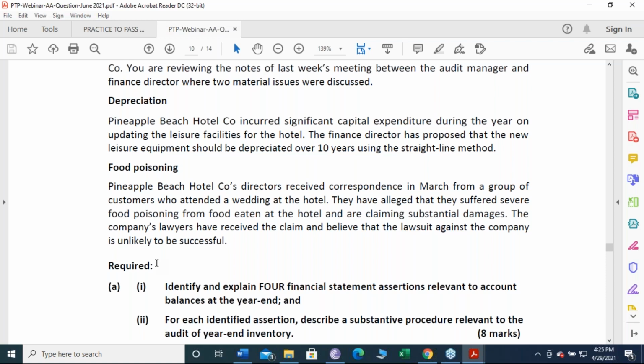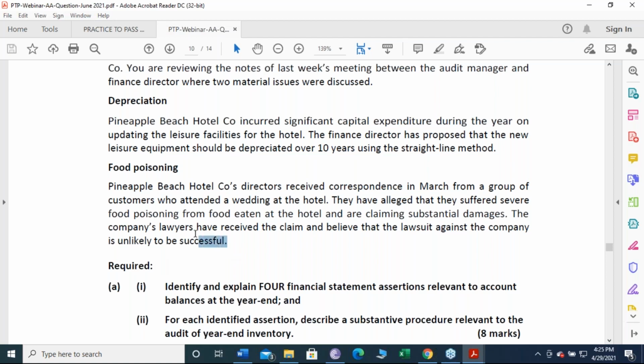They have alleged that they suffered severe food poisoning from food eaten at a hotel and are claiming substantial damages. The company's lawyer, a third party, has received it. So I would like to send an inquiry letter to the lawyer and I would like to understand what he believes, whether this claim will be successful, yes or no. Number 3,